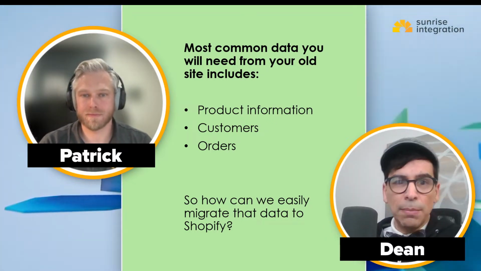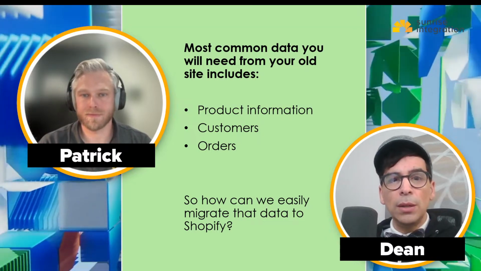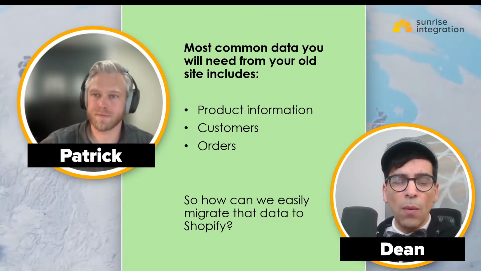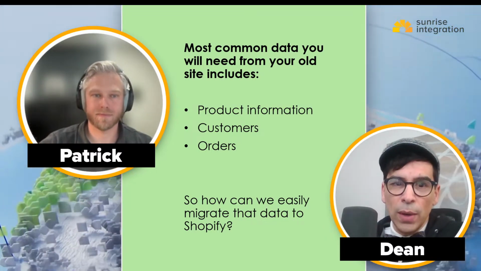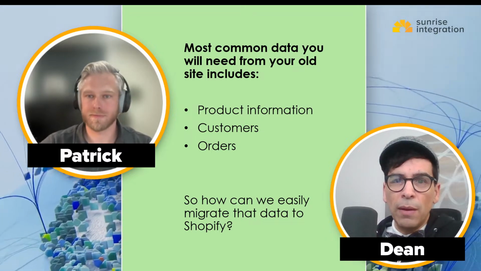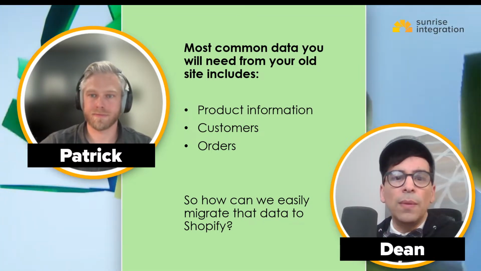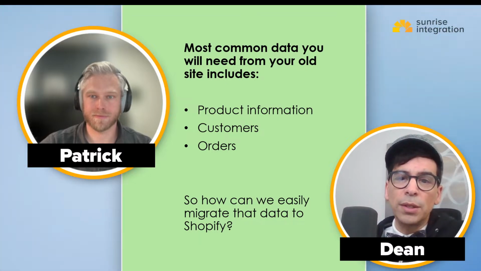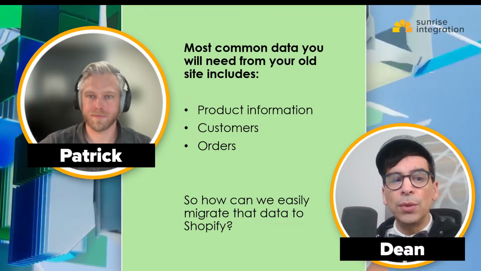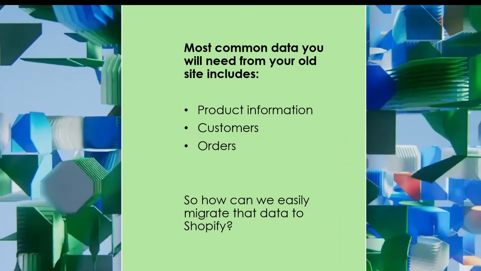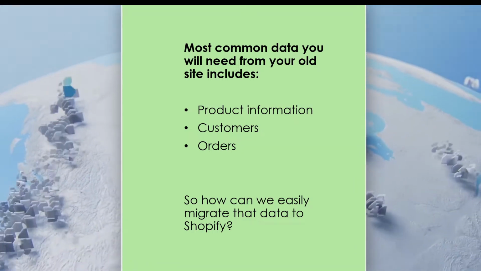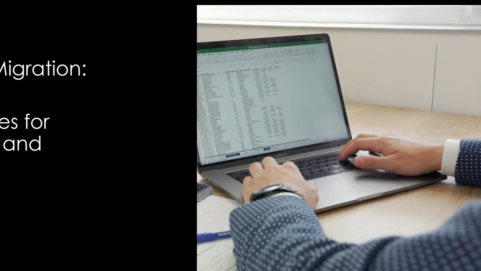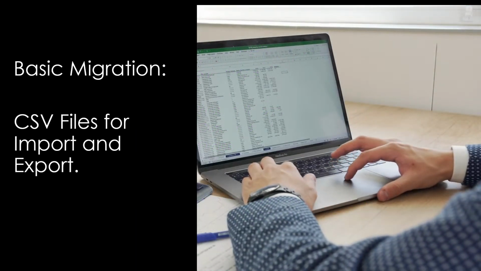So when it comes to migrating, how can we migrate this information easily? I want to start with the easy way of migrating this information over to Shopify. So let's focus on the big three, as we said: products, customers, and orders. How can we easily migrate those into Shopify? One of the first easy things Shopify has is the ability to handle CSV files